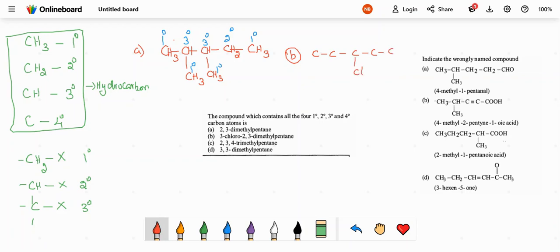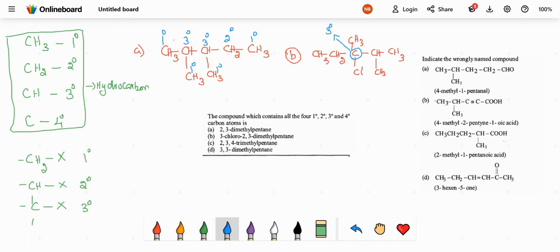3-chloro, 2,3 dimethyl. So the second position and third position will have that dimethyl group, right? And then here also CH3, here CH2. Therefore, valencies are there. That is why you have to consider this one as CH. Look at this carbon. This carbon is now having the functional group. The carbon which is having Cl can be